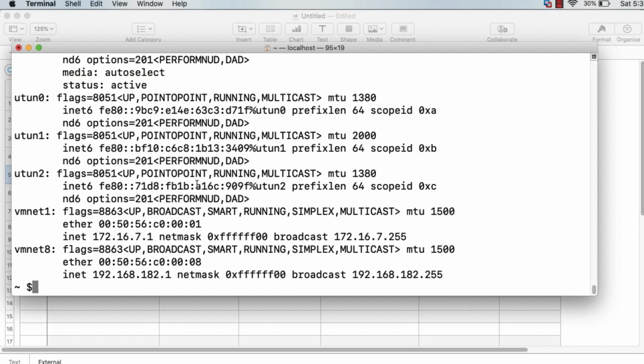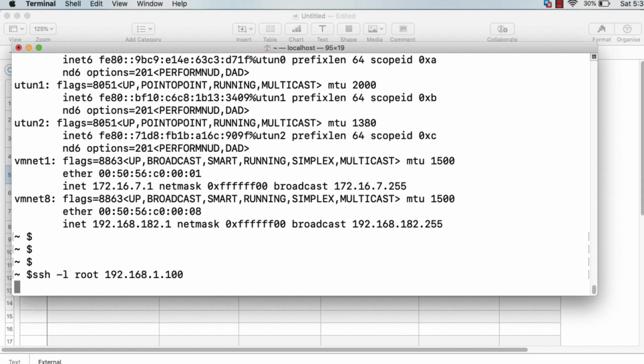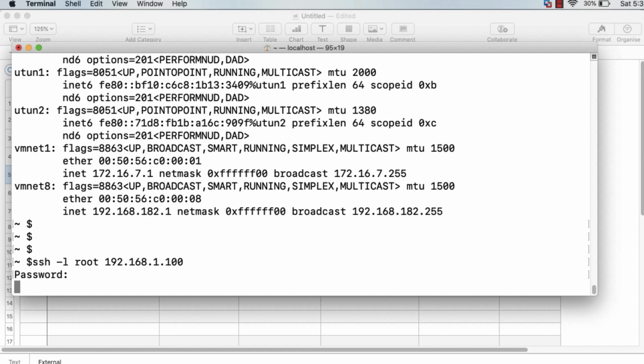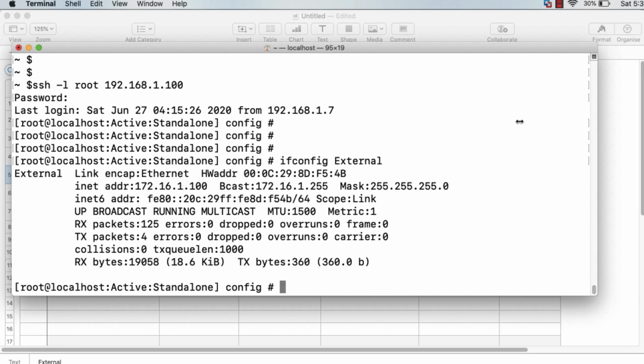Okay, let's do it. I'll go to this SSH PuTTY session. I'll log into this BIG-IP. Password is the same, default. If I do ifconfig, this external, you see that the MAC address is ending with F54B.